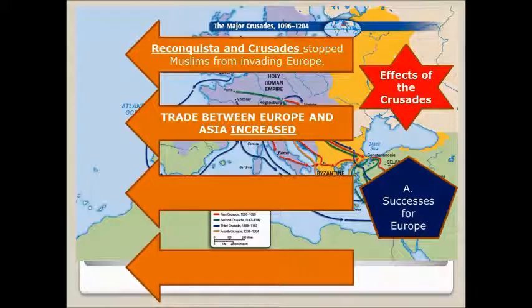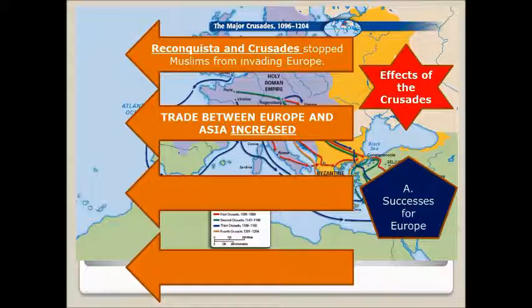Second, highlight this one, pause the video, take a picture of the eyes. Number 1, trade increases between Europe and Asia. What's amazing is that the Christian Crusaders find there's several things they kind of like. Basically, they find when they get over to the Holy Land, they like apricots. They like rice. They love this fabric called cotton. They love some of the Muslim scientific advances like the astrolabe, which eventually leads to European exploration. They love some of the military strategies they find. So trade between Europe and Asia increases.